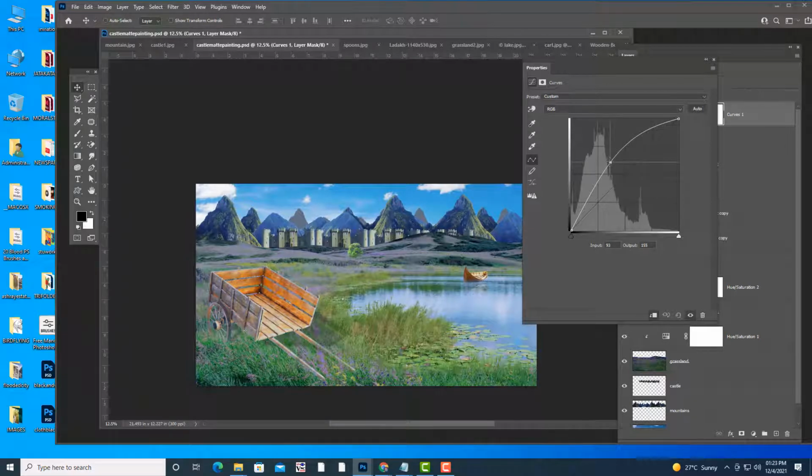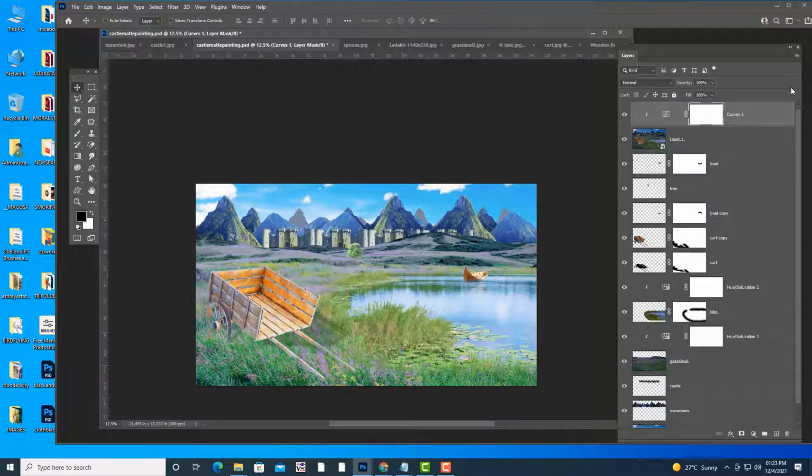First I am trying to make it very bright because we are creating an afternoon shot. But afternoon should have some shading also: on the left side some bright sunlight, on the right side some shading.